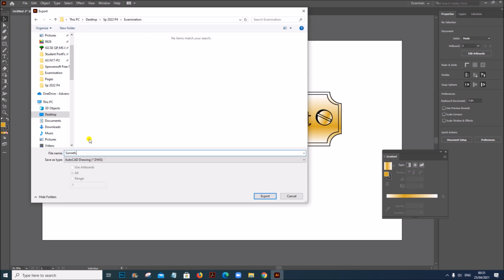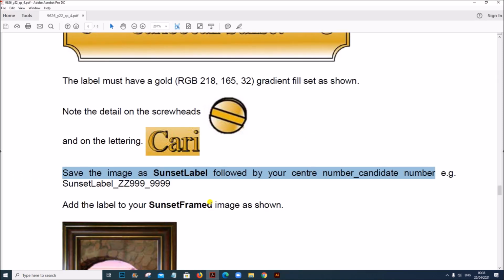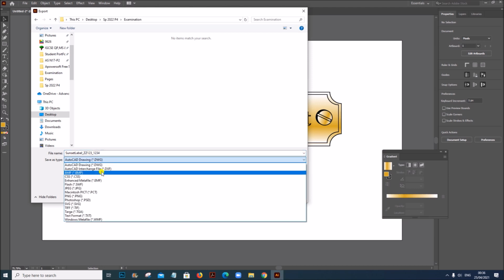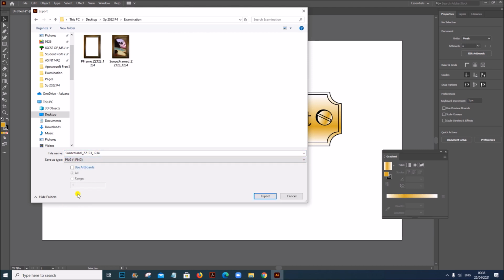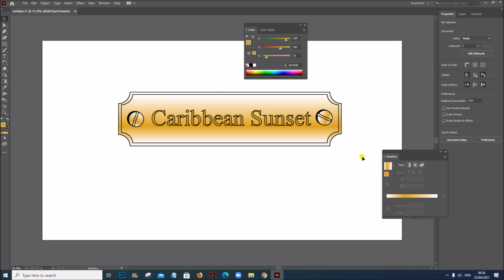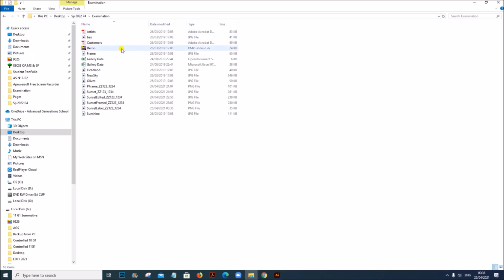Sunset label followed by your center number and candidate number, and save it as PNG. Export. Okay. So we have the sunset label here.